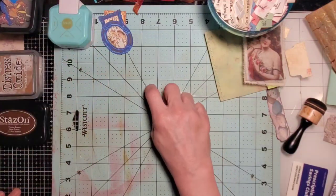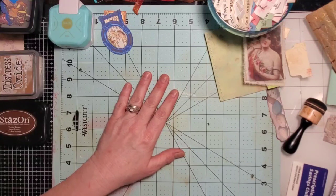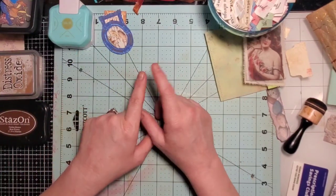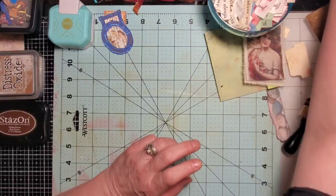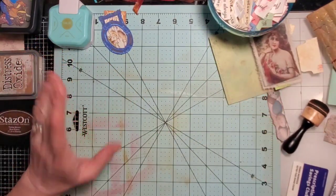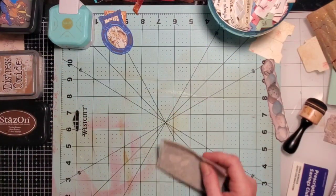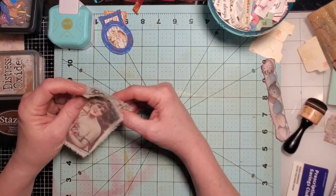I have just been going through my stash and organizing some things, and I'm super excited to tell you guys. I'm always excited when I figure out how to do something that will help all of us. So I have just now gotten off my computer and I did